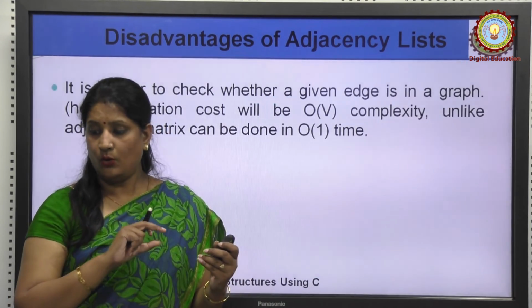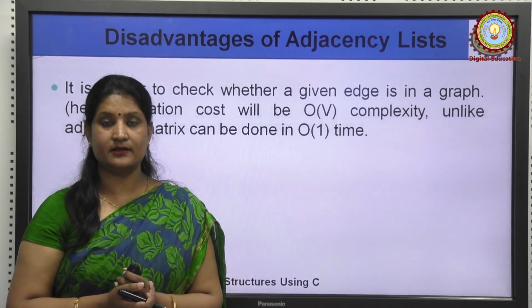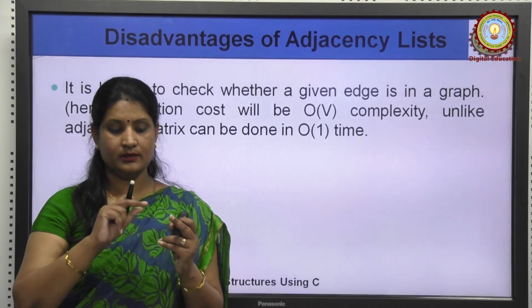have to traverse the whole linked list, but in the adjacency matrix we just check that vertex to that vertex entry,